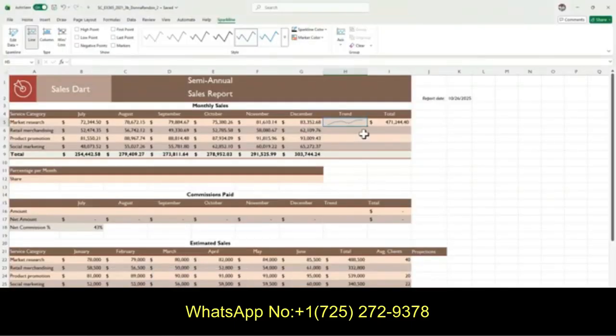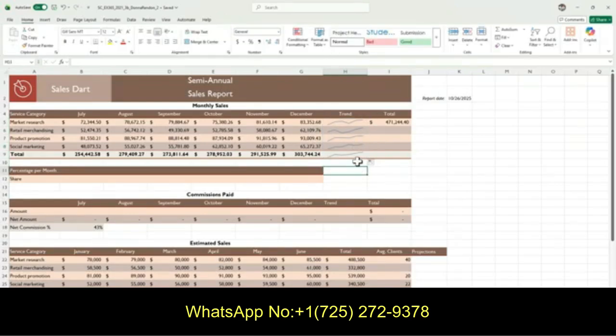So from here, you're going to use the fill handle. So this cross, it's called the fill handle. Just drag it down all the way to H9. I believe it's all the way to H9. And then you see this little icon, the autofill options. Select the drop down menu and select fill without formatting. As you can see, the format should be the same. See here? Otherwise, if you just fill, it's not going to work.